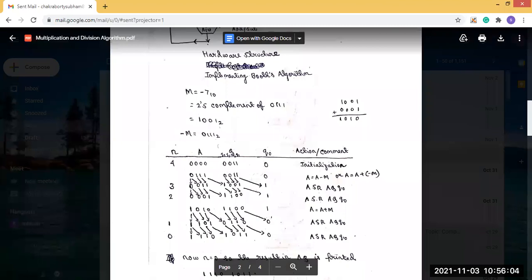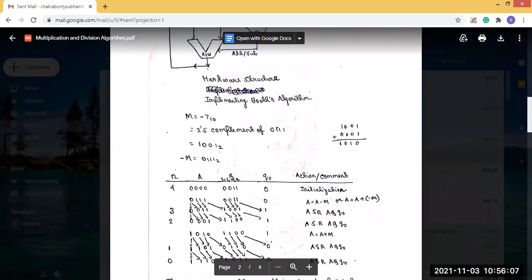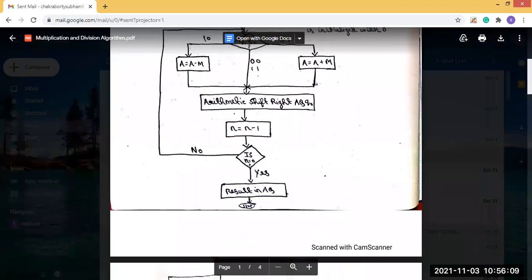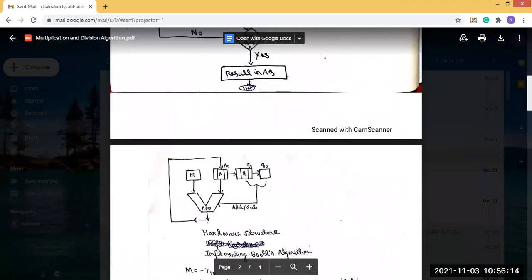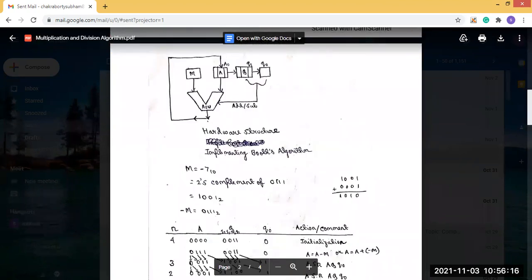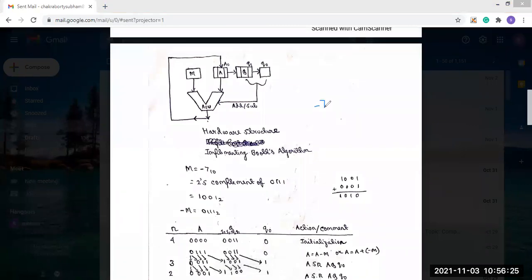Now, yesterday we were discussing Booth's multiplication algorithm. I have already explained this flowchart, and according to this flowchart, we will now perform the operations. We use two variables here, -7 times +3. We have used -7 and +3, where -7 is the multiplicand and +3 is the multiplier.